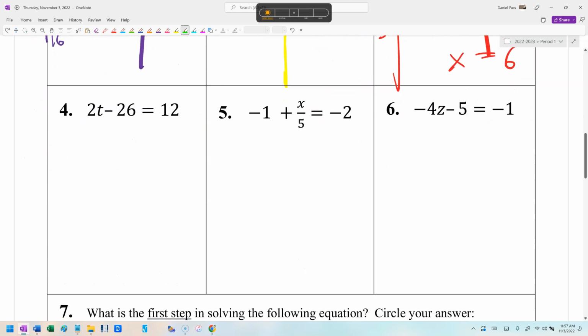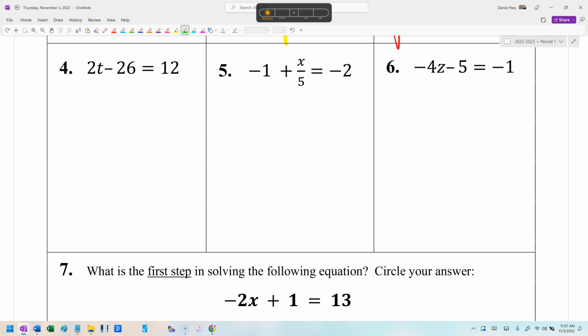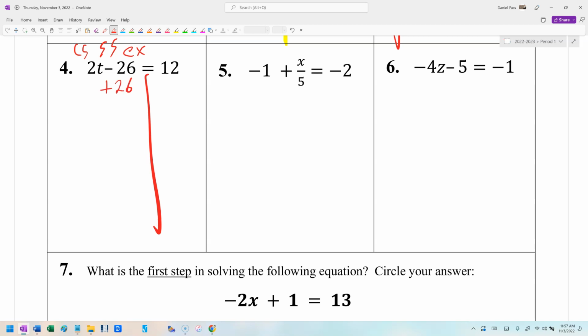Okay, number 4, superstar. 2. No, careful. T. T, and then co-star. 2. 2, extra. Negative 26. Sorry, all negative 26. Okay, cool. So you put positive 26. We're going to do the opposite of subtract. We're going to add 26. And then you do